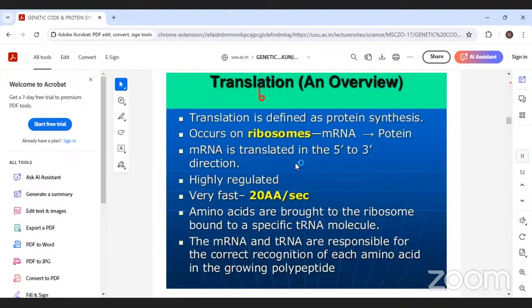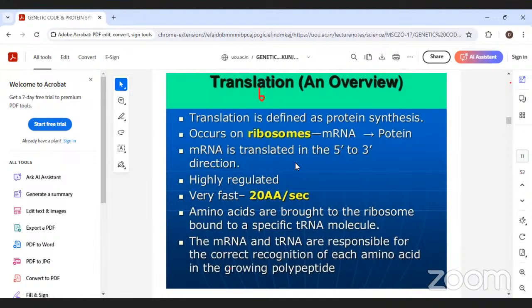Before the amino acid is transferred to it,